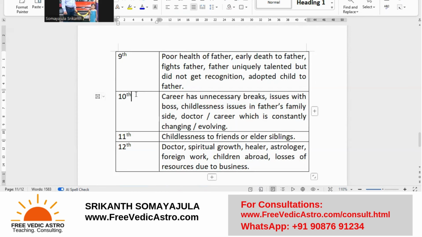So what happens? 10th and the 8th combination can be unnecessary breaks in education, or the person is a doctor. He keeps operating on people because it's Capricorn. That is where the Mars exalts, and that is where the Jupiter also has a debilitation point. Jupiter is the Jeeva Karaka. Capricorn is the Mars. Mars is surgeries. Okay, so you can relate 100 things out of it.